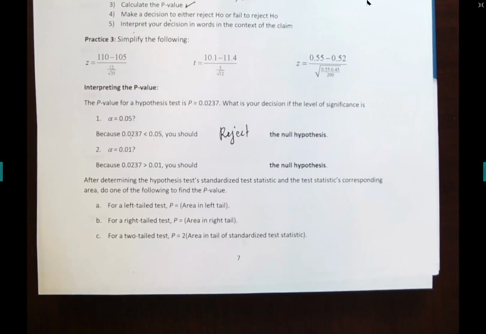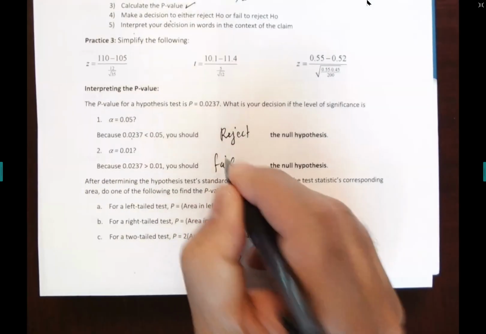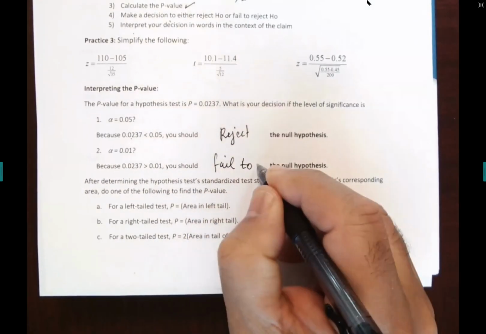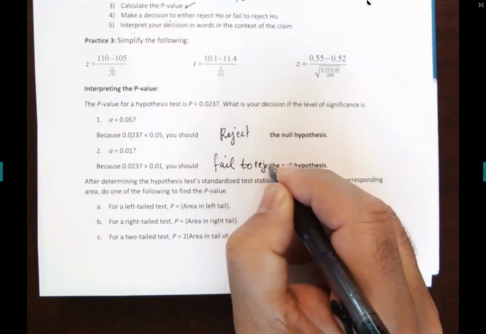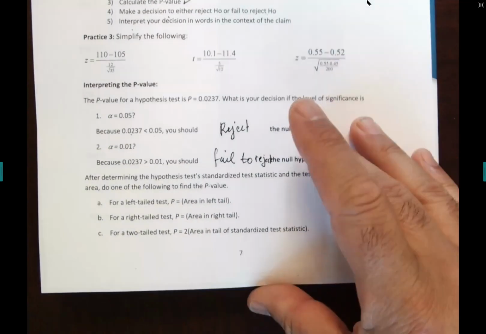Actually, when you do your homework online, it's gonna give you reject or fail to reject. It's not gonna give you the word accept instead. You should fail to reject the null hypothesis. All right. Now,